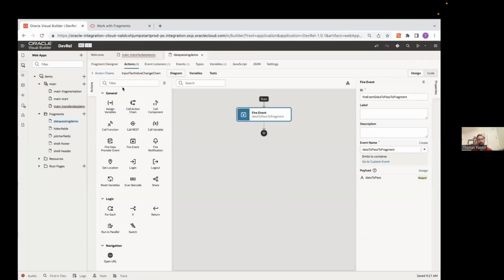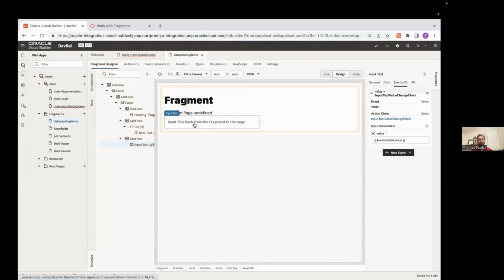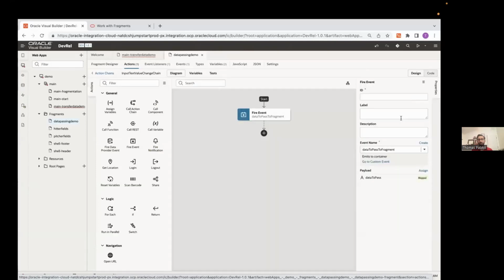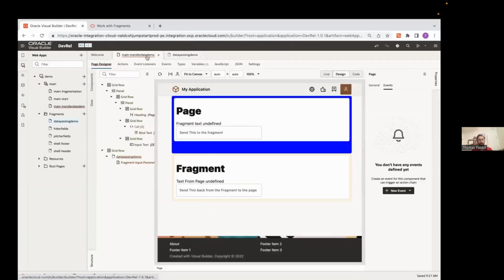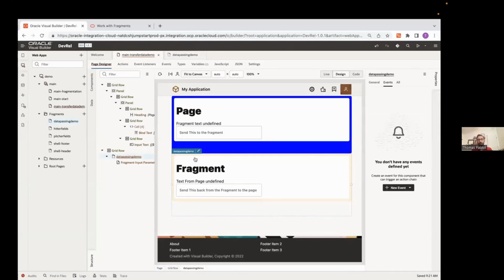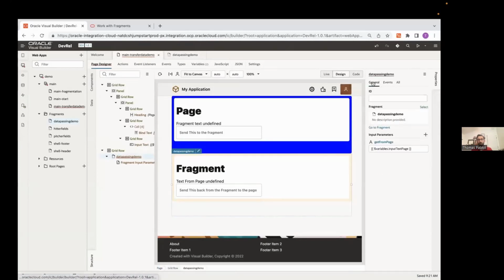And then we can go back and check it on the main page, right? So now we have the fragment designed to say, hey, something's been typed in here. I have something to say, right? Sending out a message. So that's what that event is doing. So now we need to go back to the main page and we'll click on the fragment again. And now we need an event on the fragment, right? So we can see the input parameter there, that hasn't changed. That's from the previous exercise. But if we click events,